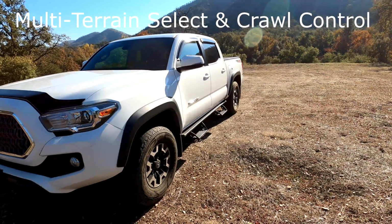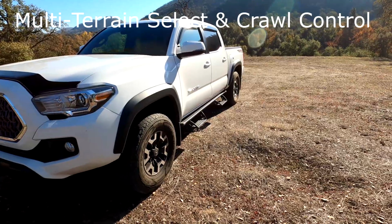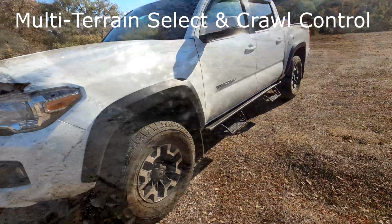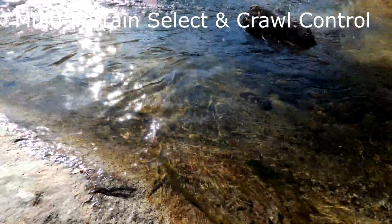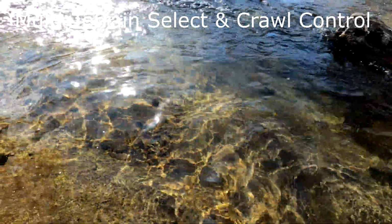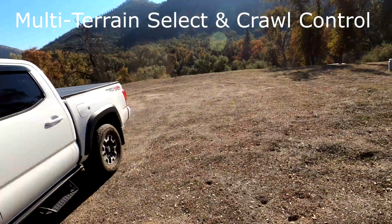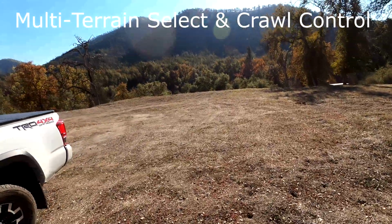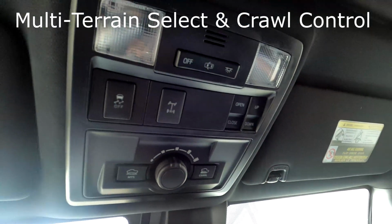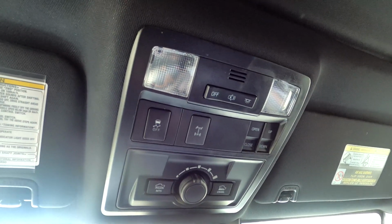This is my 2019 Tacoma off-road. You have terrain selection, you have crawl control, four-wheel drive. Okay, today I will do a review on my Tacoma off-road 2019